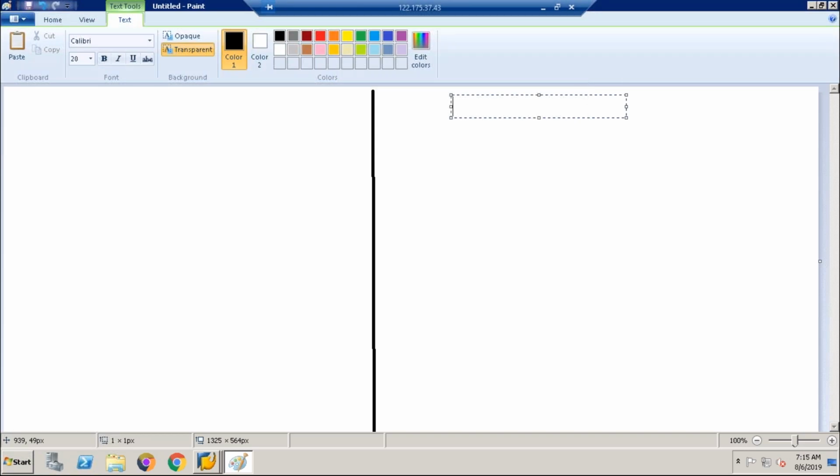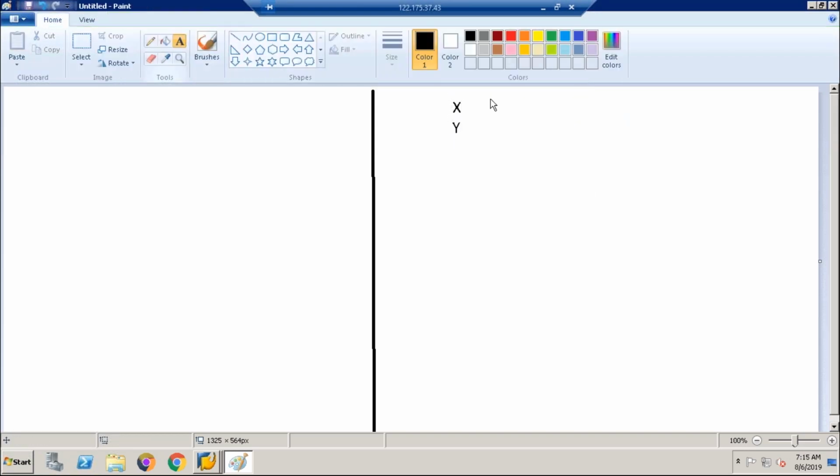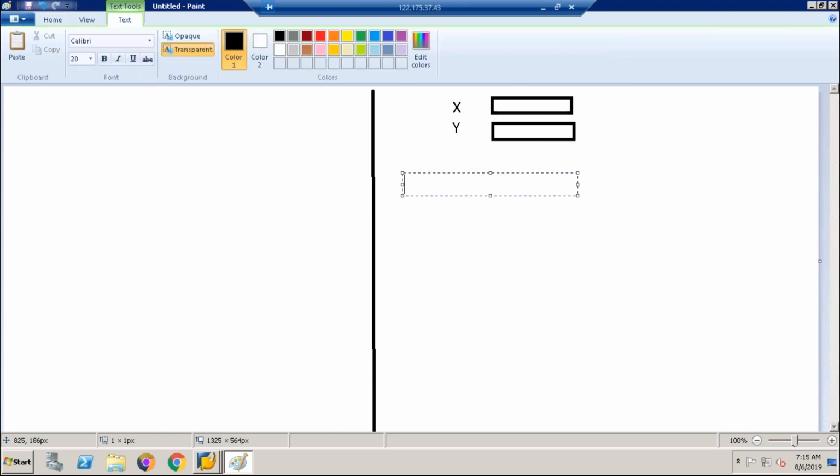So here we are providing X, Y, two input parameters. Now we are calling a method: call method object name calc exporting.